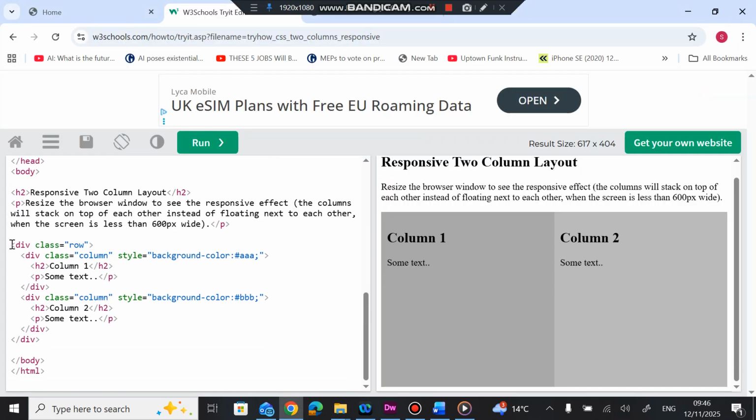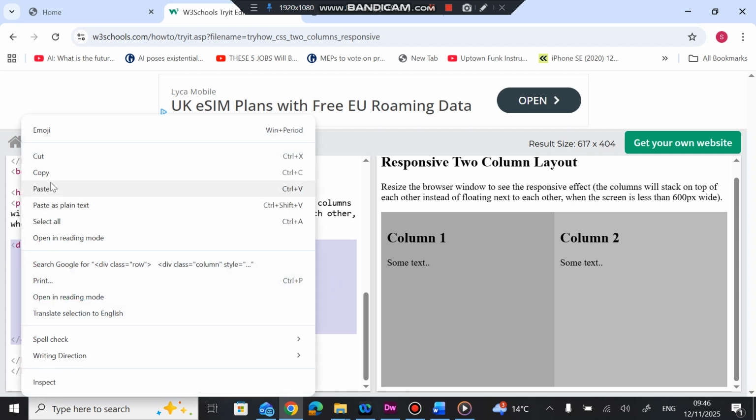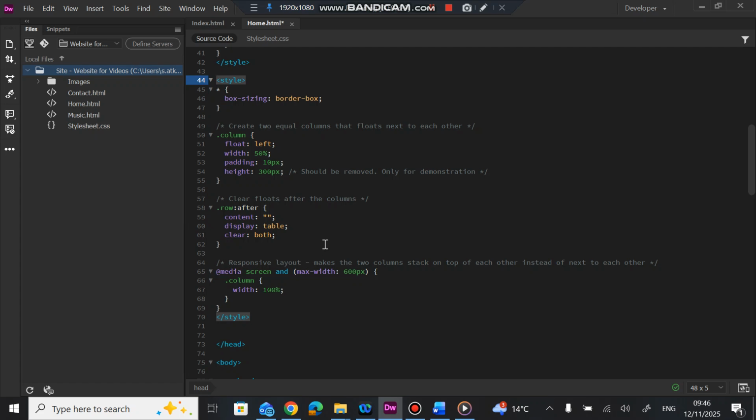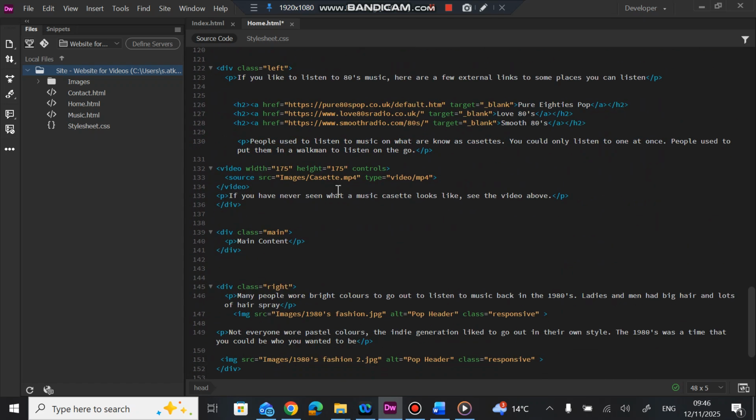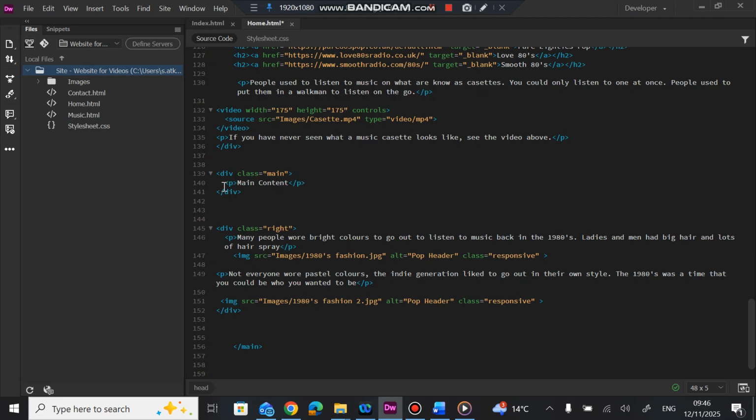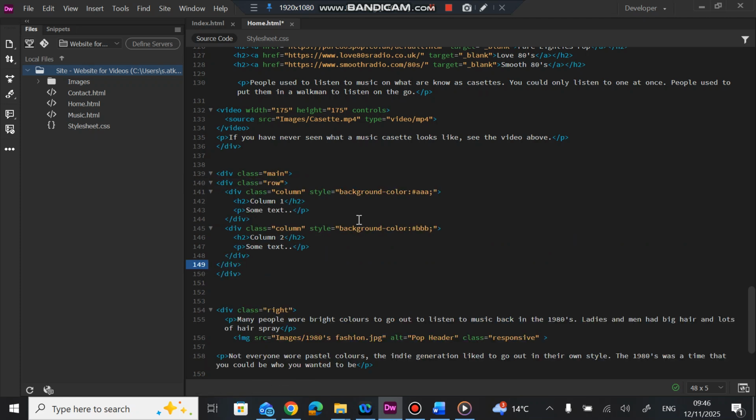Now the other bit we want is this div class row, and we just want to get everything there. So we'll just copy it. So you can see hopefully how it's working. I'll try and explain it. This actually goes in the actual page area, underneath this class main. So we can get rid of this main content, and we can just Control V and drop that in. Now what we've got there is a row, with one column with a background color of grey,